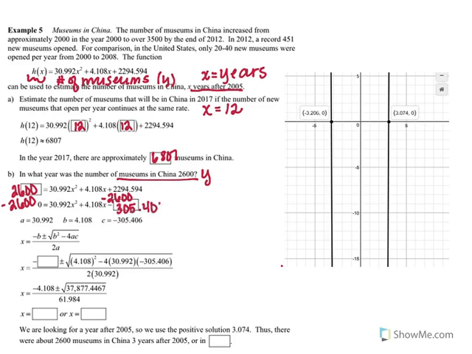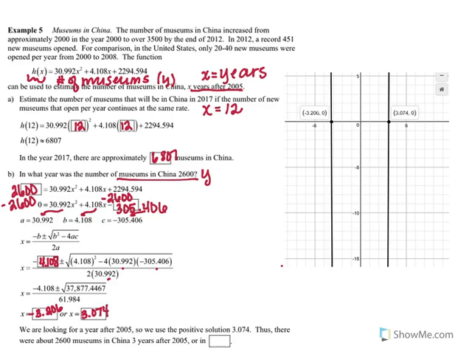When I subtract 2,600, I get the function 0 is equal to 30.992x squared plus 4.108x minus 305.406. So let's use the quadratic formula here. My a value is the number in front of x squared, my b value, and my c value, which is negative. Plugging them in gives me the opposite of b, so negative 4.108 plus or minus the square root of b squared minus 4 times our a value times our c value, all over 2 times our a value. Using the order of operations and multiplying, I end up with negative 3.206 or